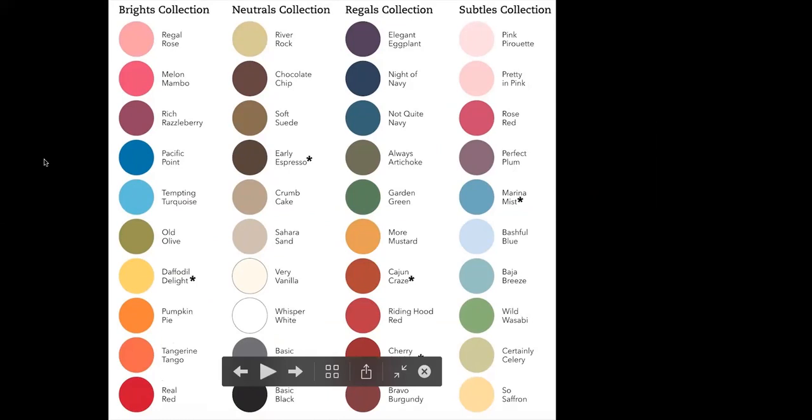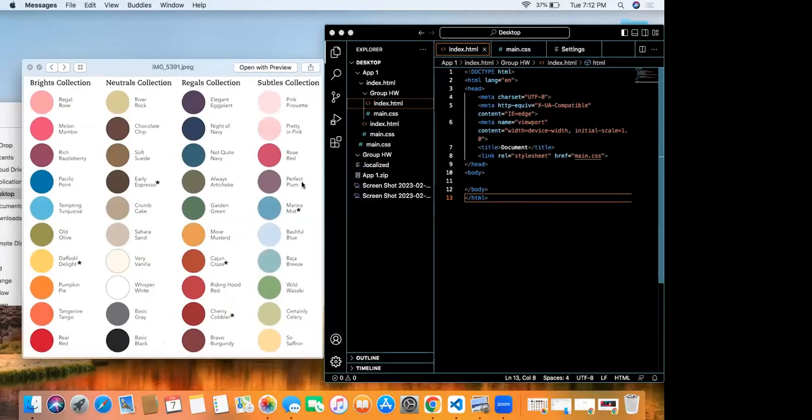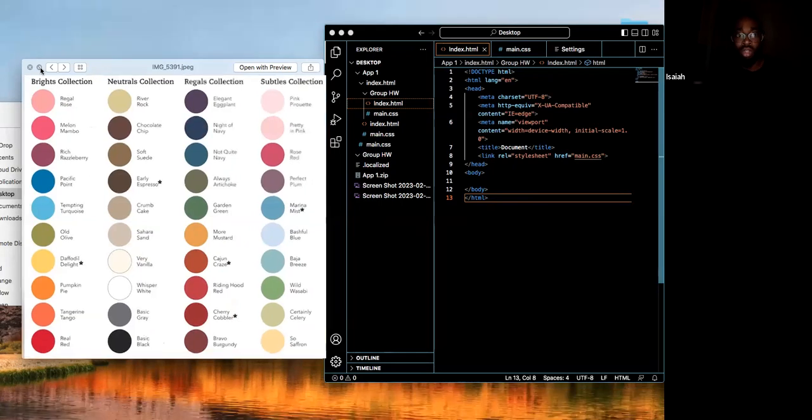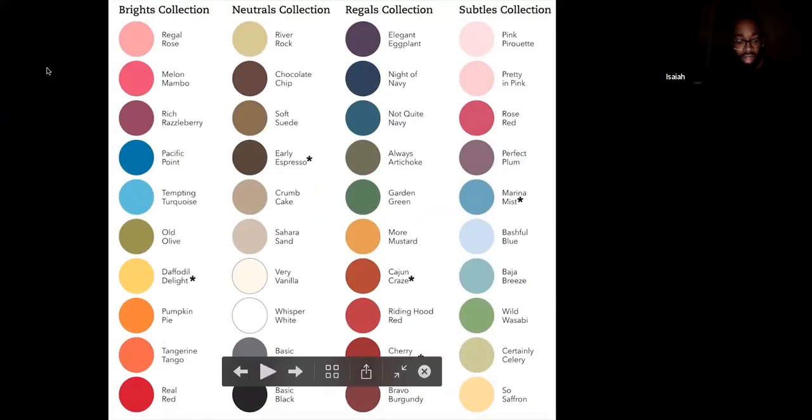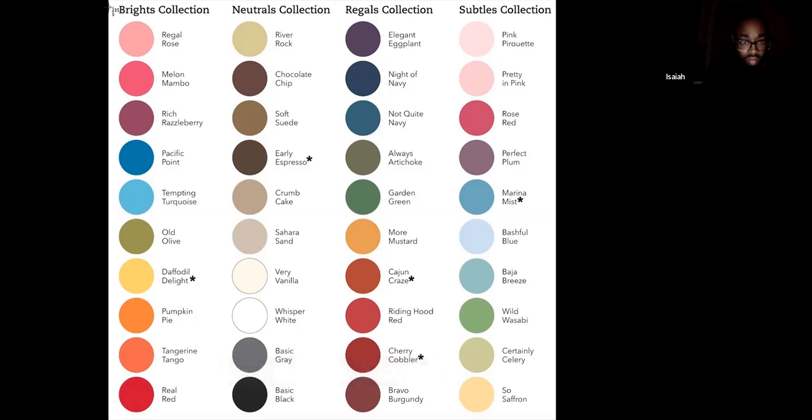So what I would do is try to maximize it really quick, and then you can do the screenshot. And then we're gonna do the split screen with the screenshot. Screenshot is shift command 4.